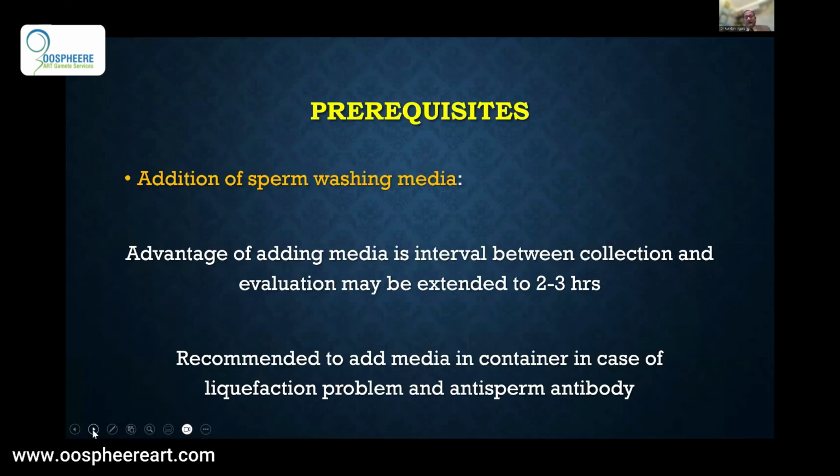Now, sometimes you see reports of semen analysis, and you are going to evaluate again. When you look into the previous reports, it is mentioned as hyperviscous, meaning a prolonged liquefaction time. We need to understand that this patient has an absence or deficiency of certain enzymes, which is not allowing the coagulated semen to liquefy.